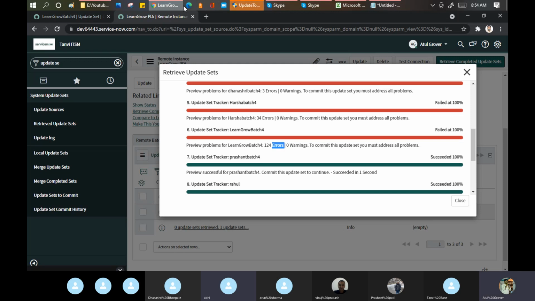In my PDA or in Tanvi's PDA? Maybe in the new instance. But in the new instance, we did not create anything till now. Okay, we don't have those tables, I mean those records. It's yet to be created. Aishwarya, that is the purpose we're doing this. We're bringing those tables from my instance to this instance.